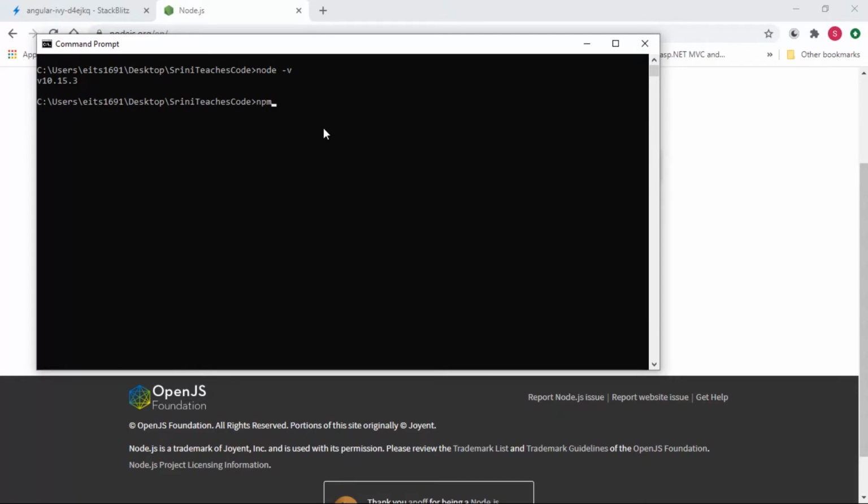You can check the version of npm with npm -v, and on my machine I have 6.4.1. After installing Node.js and npm, you can check whether they are correctly installed with these two commands, node version and npm version.